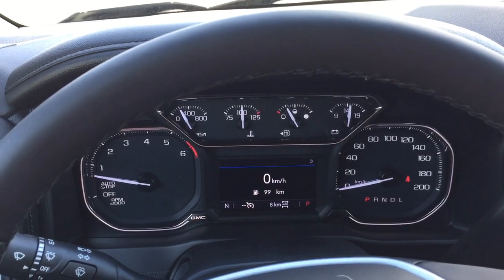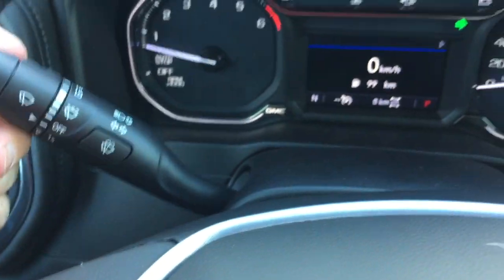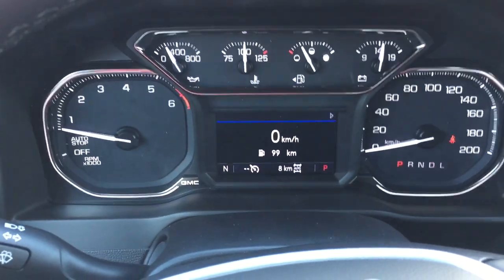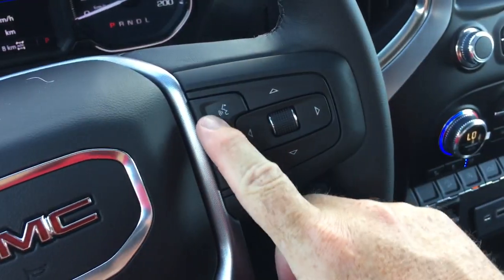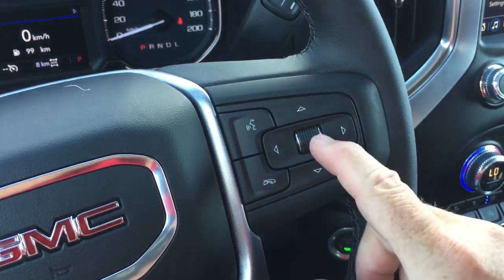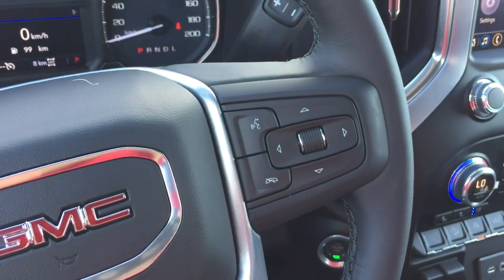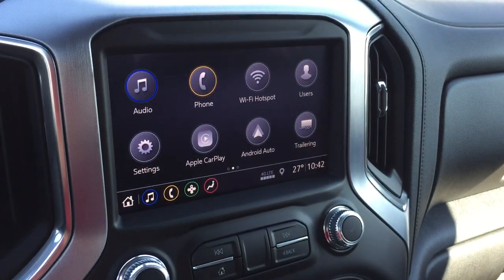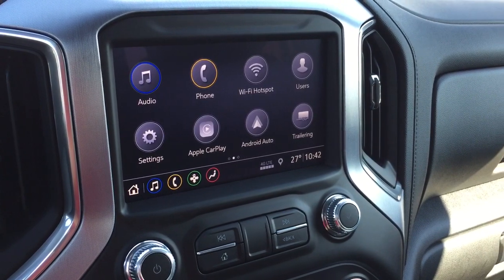You've got the leather wrapped steering wheel there, and it is heated. The cruise control, headlights and turn signals and intermittent wipers here on the left hand side, and the gear shifter with tow haul on the right, and your hands-free calling and voice command, driver information center menu, and volume control behind the steering wheel there. You've got a push start ignition, full color touchscreen with AM FM Sirius XM satellite radio, time and temperature display,